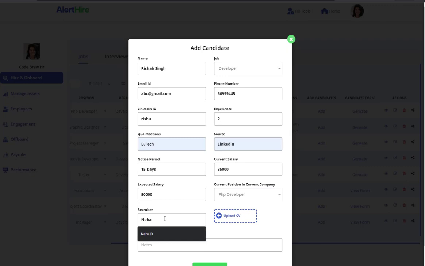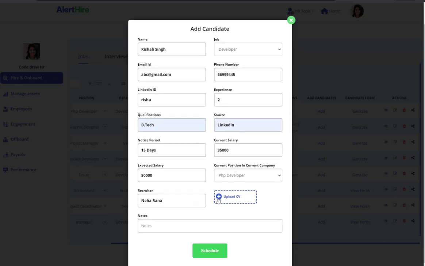Here we put the name of the HR who has aligned the interview, and you can also upload the CV from here,